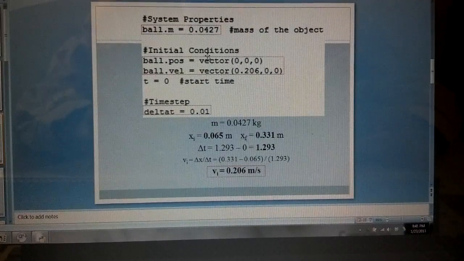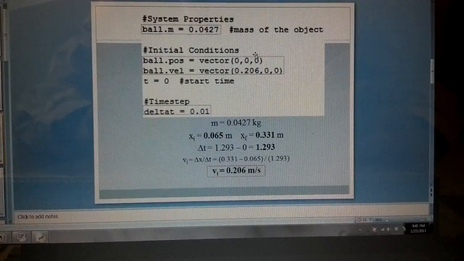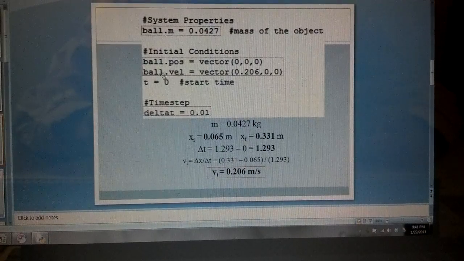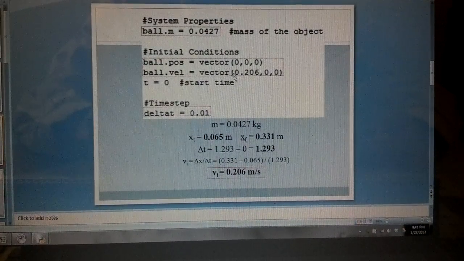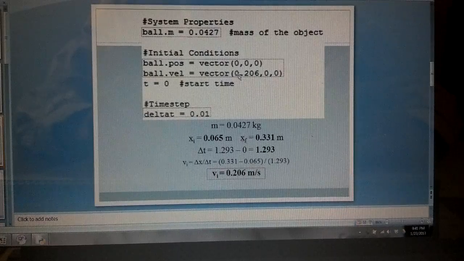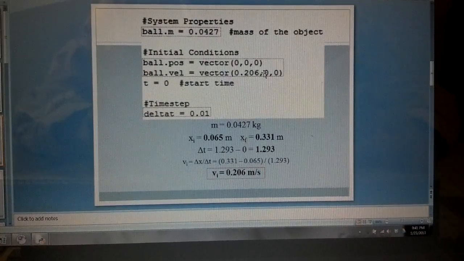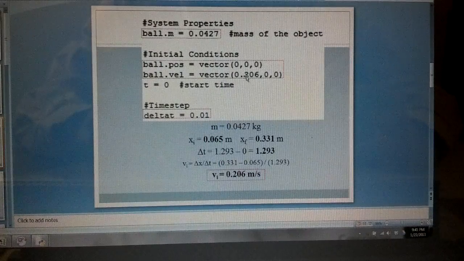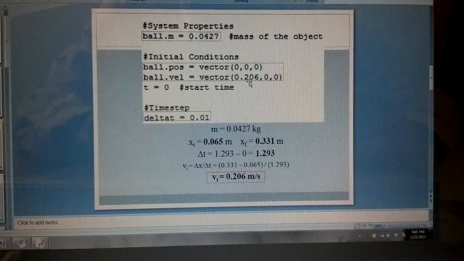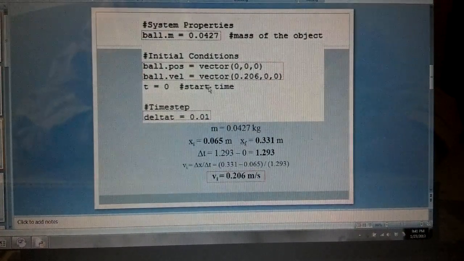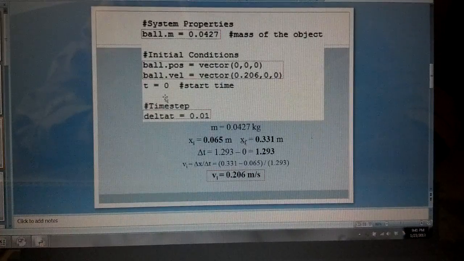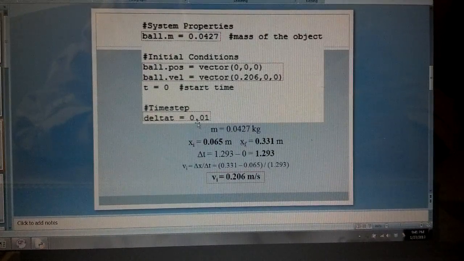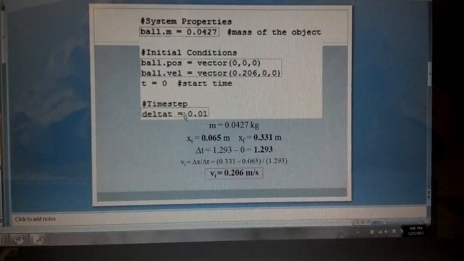And then the initial condition for the position is just saying the origin is at 0, 0, 0. And then the ball's initial velocity, which I found on here, in the positive x direction only, made the vector here at 0.20600. And of course the start time is 0, and the delta t, I made it small compared to the 1.3 seconds, just so I could have enough